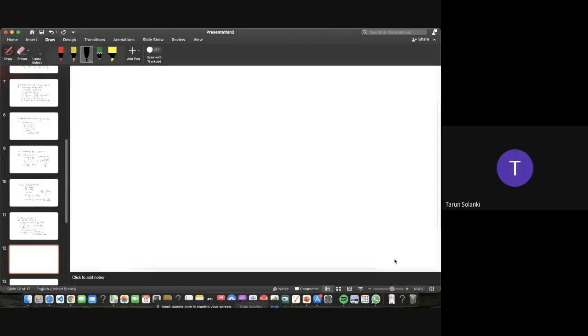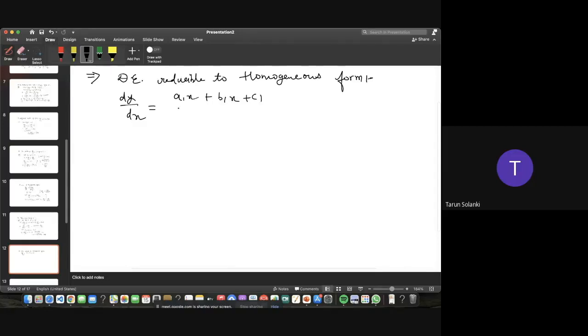Next one, we have the differential equation reducible to homogeneous form. Let me write it here. Differential equation reducible to homogeneous form. A differential equation of the form dy/dx = (a1x + b1y + c1)/(a2x + b2y + c2)